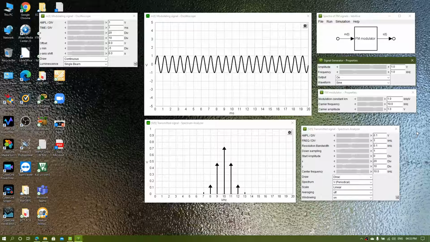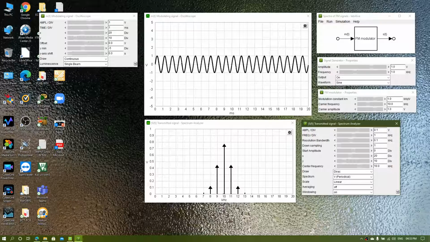Now we can see that very little frequency deviation is visible. So from here you will get the modulation factor for this frequency modulation, how much deviation there is.